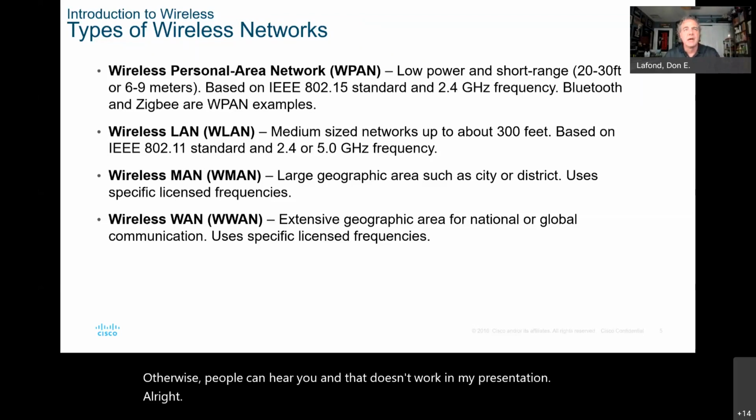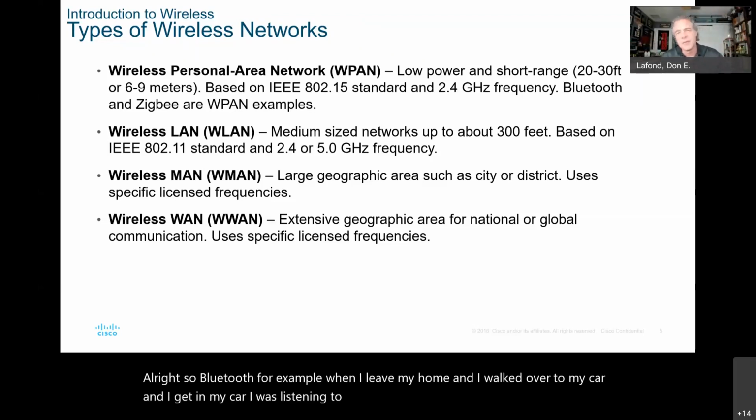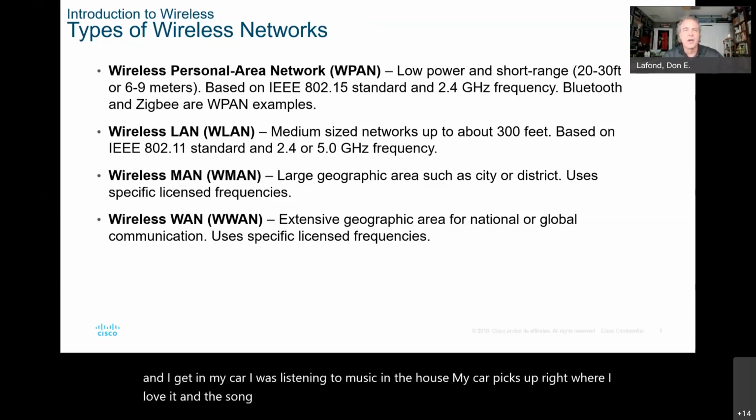All right. So Bluetooth, for example, when I leave my home and I walk over to my car and I get in my car, I was listening to music in the house, my car picks up right where I was. I love it, and the song continues. Wireless LAN,